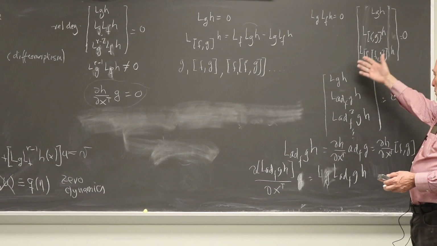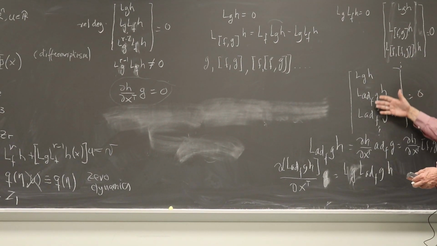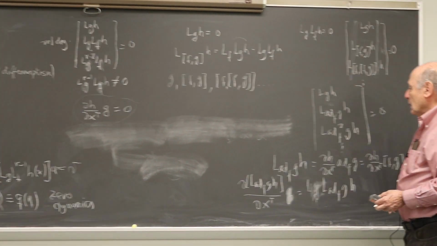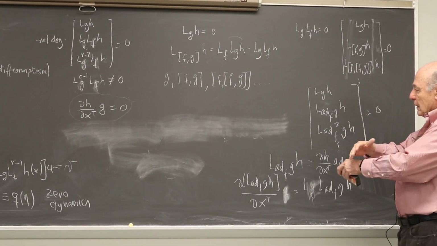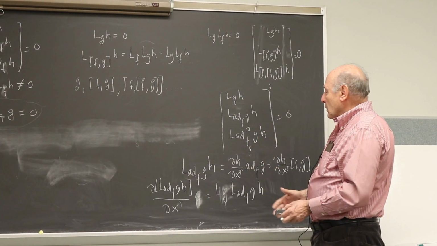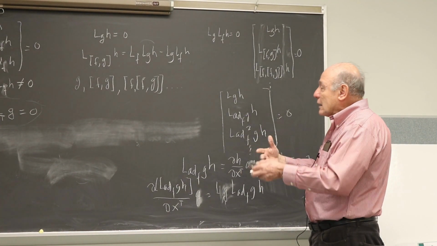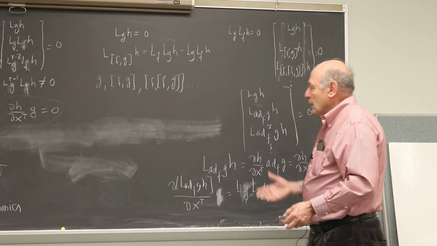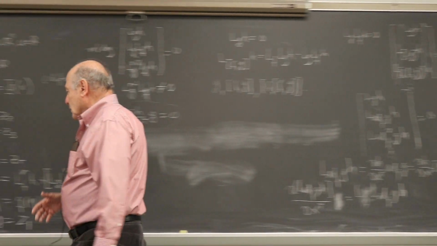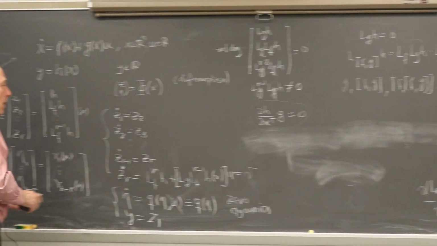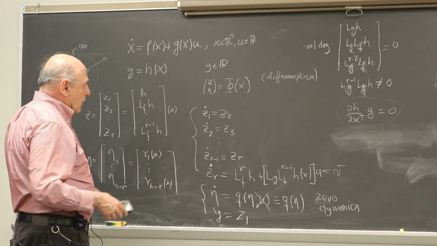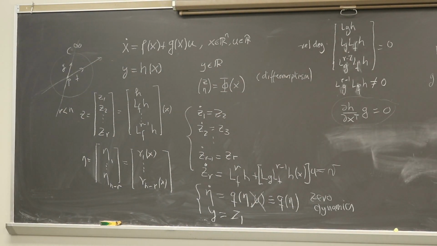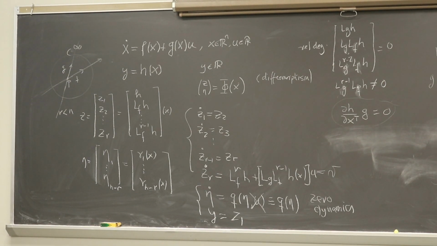So this is something natural to be imposed on this set of vector fields g, ad_f g, ad_f square g. Linear independence to start growing the dimensions of the tangent space, which I can reach by means of control, the set of controls that I can have access to, or the set of points around my operating point that I have access to, have a lot to do with that distribution,